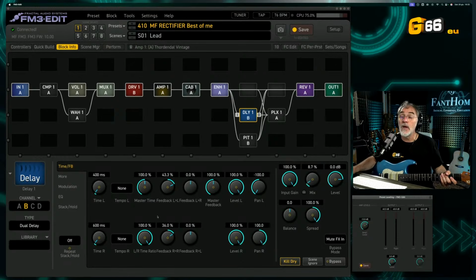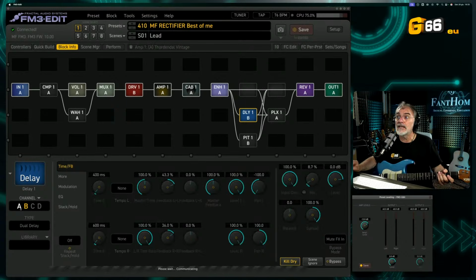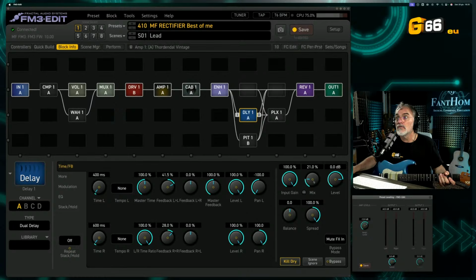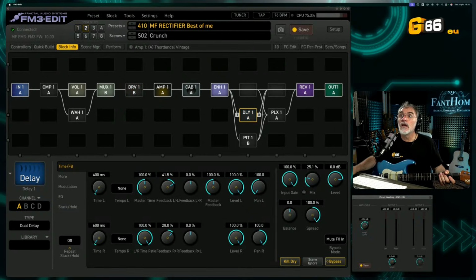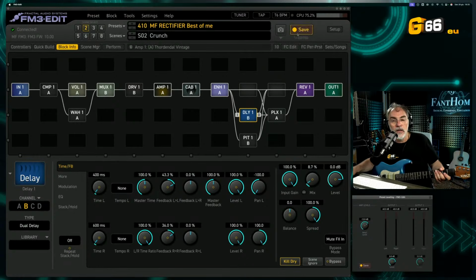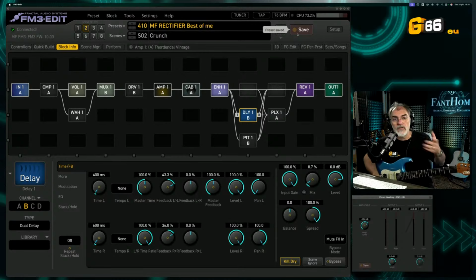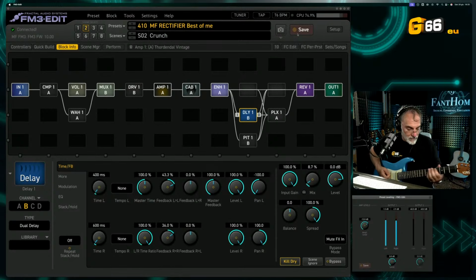The delay is the same. For example, this is not correct because I want more delay, for example, on the lead channel. So I select the channel A and I also increase, for example, the delay. Okay, I save it and I can use the channel B, so less delay for the rhythm part. So I often use the delay also enabled for the rhythm part. It depends on the song, it depends on your needs. But for example,